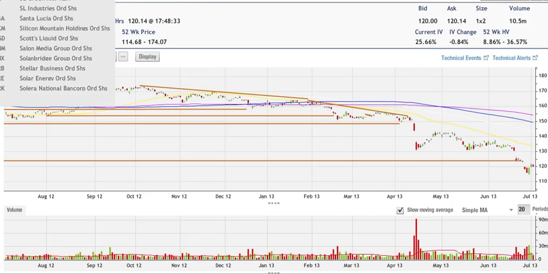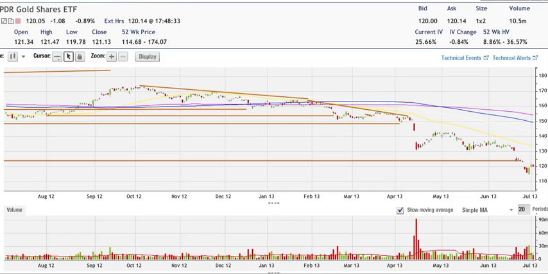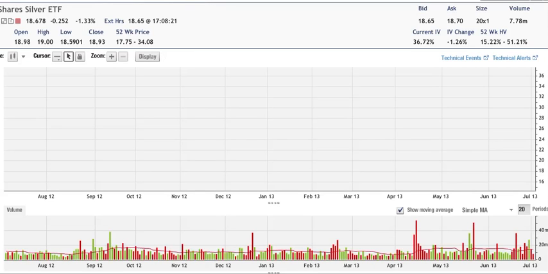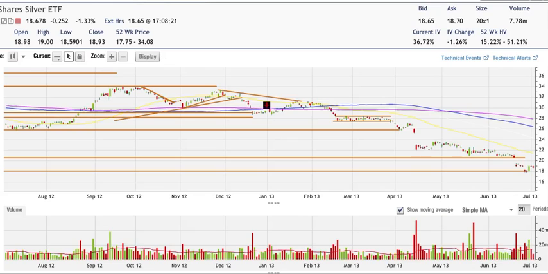For SLV, pretty much the same. We were down today on SLV, 1.33% for the day, and we are looking at basically the same thing as GLD or gold. Longer term, looking for lower prices on silver. We had our corrective bounce of almost 7% in one day. I believe it was Friday. Yes, Friday. And we're now going back lower.